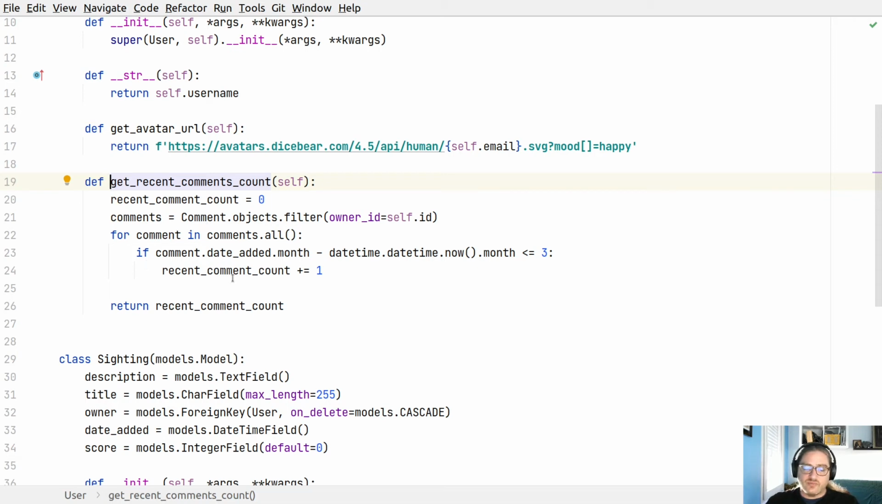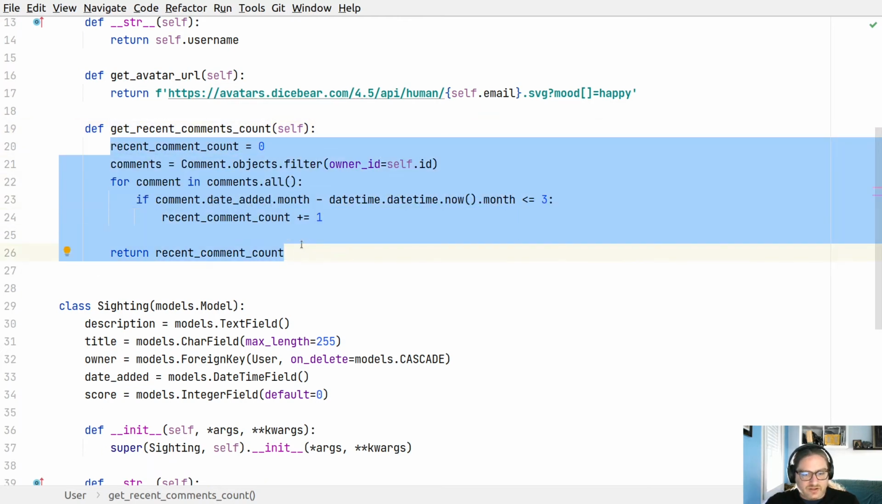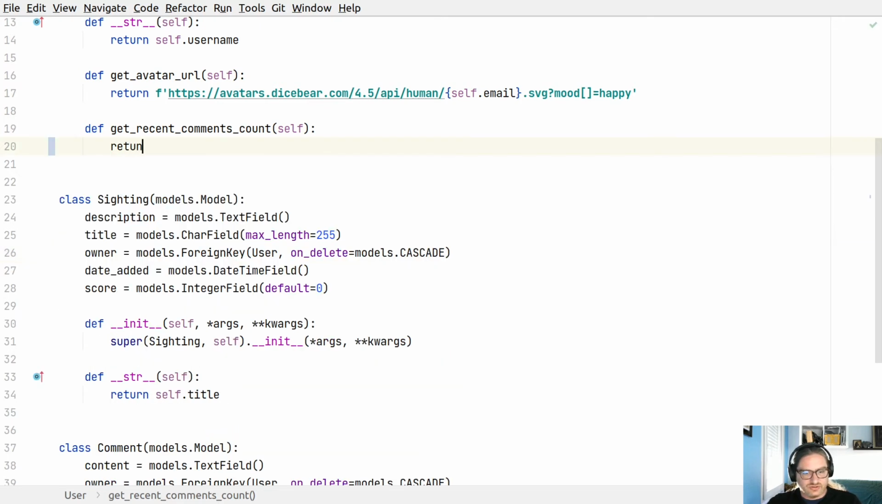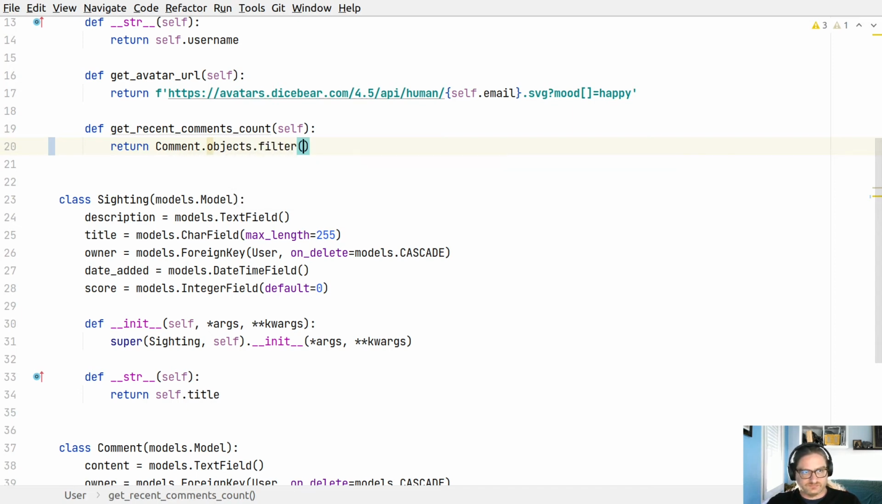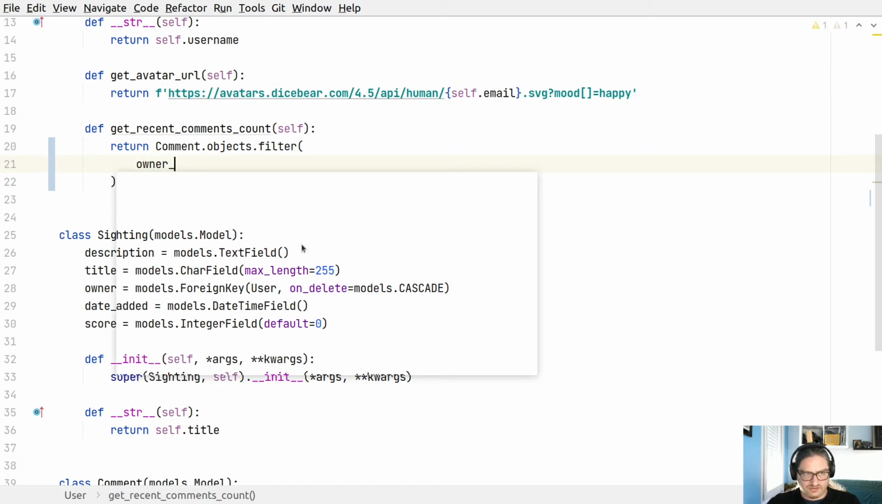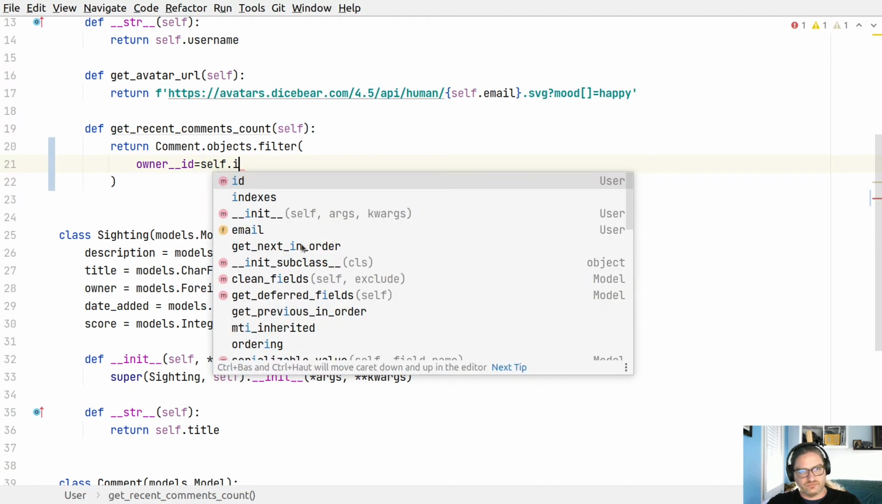It seems obvious now that I'm looking at it. But the nice thing is that it's not a huge deal that I did this wrong originally because Blackfire points it out. Let's fix that performance bug. Okay, we're gonna do a return comment. Oops. Return comment.objects.filter. And yeah, still filtering on owner ID, the self ID,